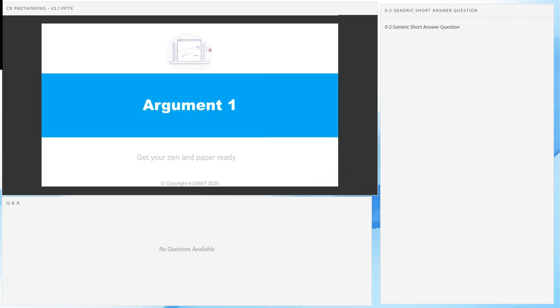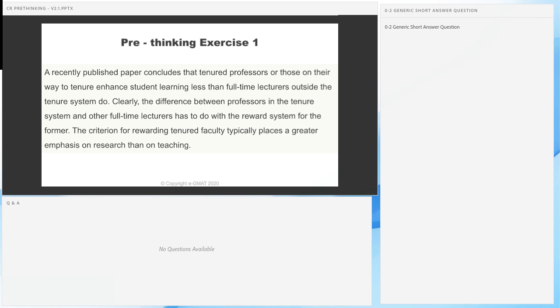Okay. So here is the argument. Make sure you have a pen and paper ready. Go through the argument slowly, breathe. Don't just ask yourself what's the assumption. Just read and really say, what is the author trying to achieve through this argument? What's the basis of his assumption? And then the basis of his conclusion. And as you do that, you're going to see that getting to assumptions is a lot easier. Okay. So with that, good luck. Here is your argument. I'm going to mute myself for 2.5 minutes.